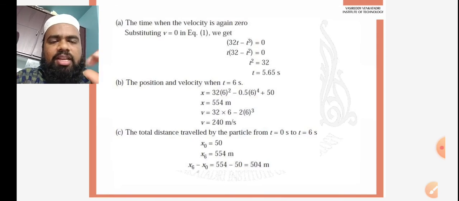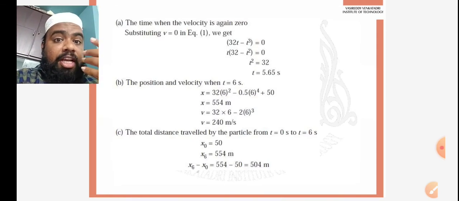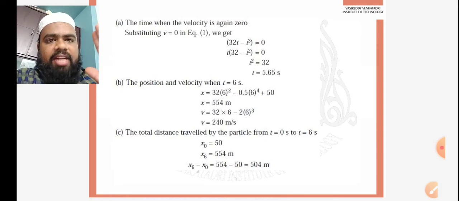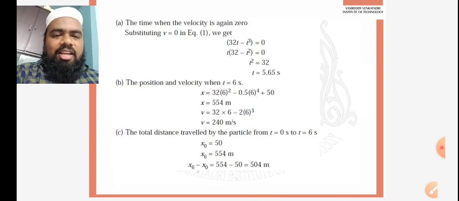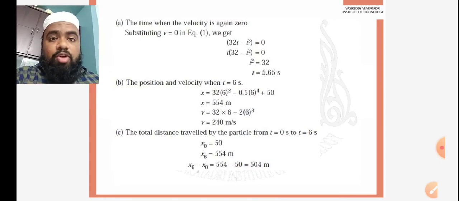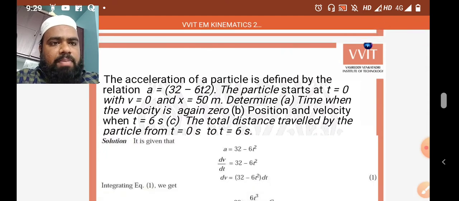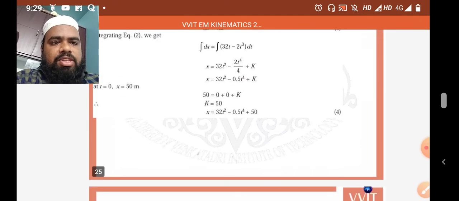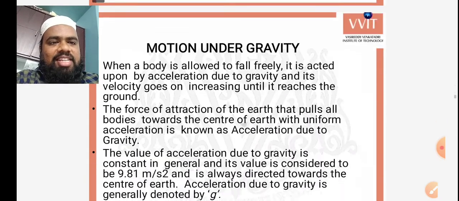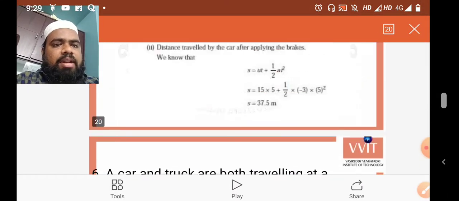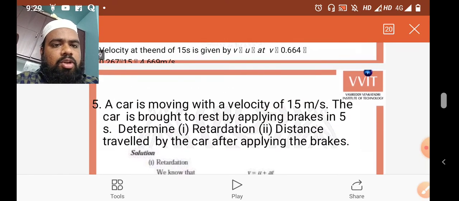Actually this problem will take 1 hour 45 minutes. If we interact physically in the classroom, it will take more than 40 minutes to discuss, but online it is not possible to spend 45 minutes on a single problem. So I want you to go through the problem step by step from the question part, then you can understand what is happening. We'll see another problem in which displacement and differentiation are included.